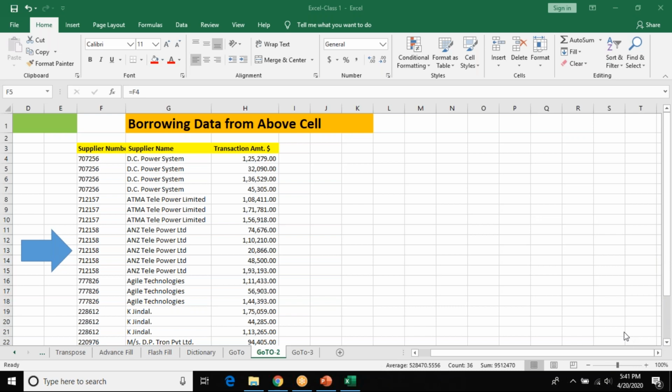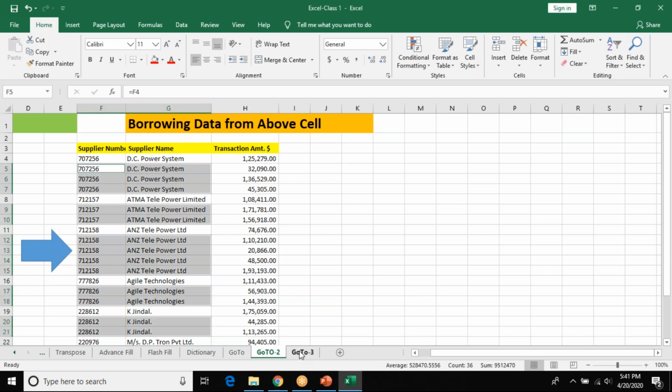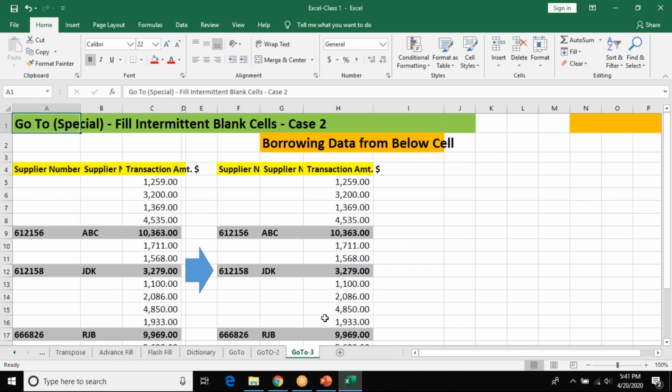Now, before you come to the next class, there's a small homework over here. Go to sheet 3. Now, the data is in the below, and you need to fill up the same information on the above of it. This one has a below. I want the same data on the above of it. Same data should be there. So just try to figure it out. In the last exercise, we derived the data from the top. Now, how will you derive from the bottom? Just try. Otherwise, I'll explain it to you in the coming class.